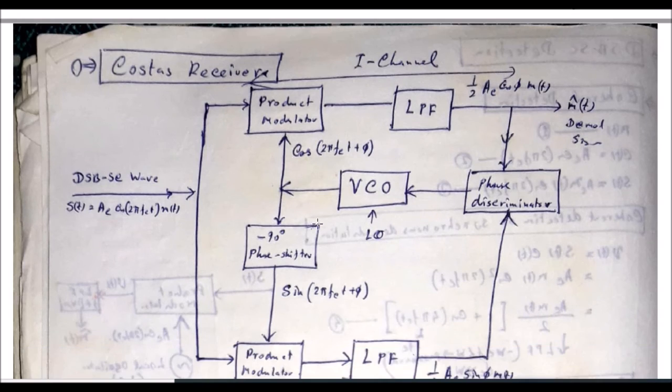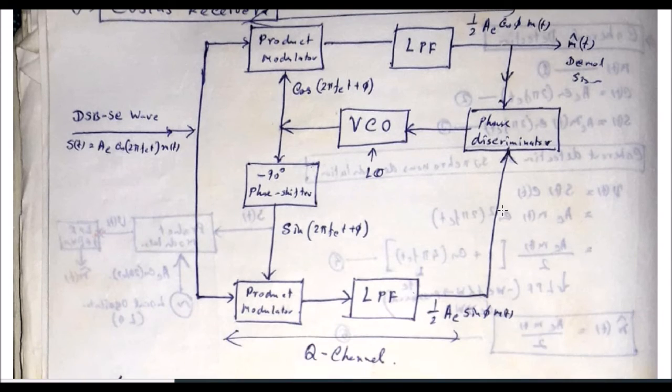Okay, now see that at any instant of time, if the phi value is increased, it will not be reflected from the in channel, because in the in channel cos phi is actually becoming 1. But it will be introduced to the phase discriminator by means of the quadrature channel, because it is proportional to phi: sin phi equals phi for small phi. So phi is introduced at the input of the phase discriminator, and first these two terms will be multiplied. After that, the time average is taken, and the output of the phase discriminator V0 will be proportional to phi.